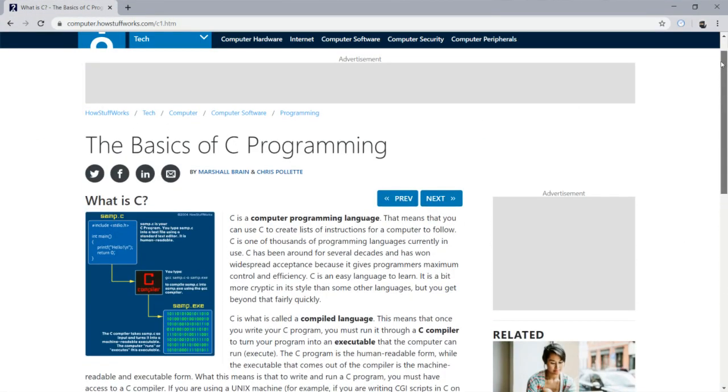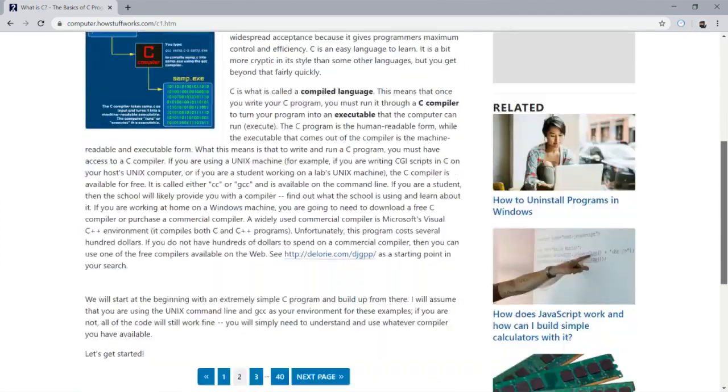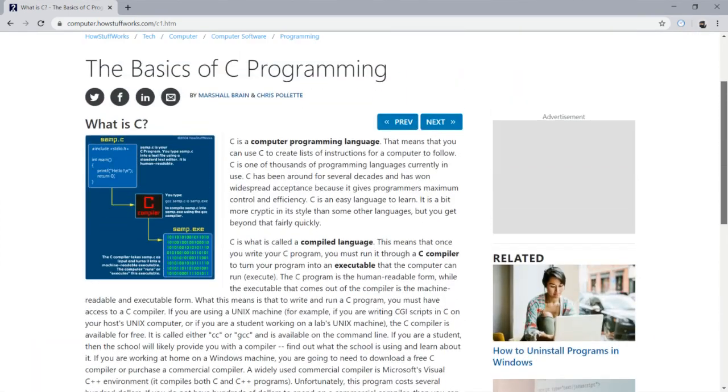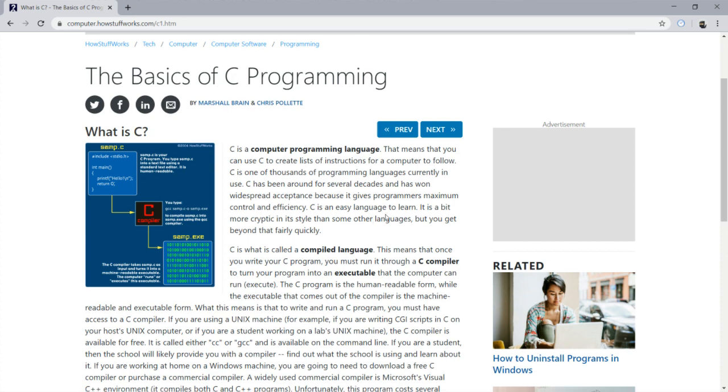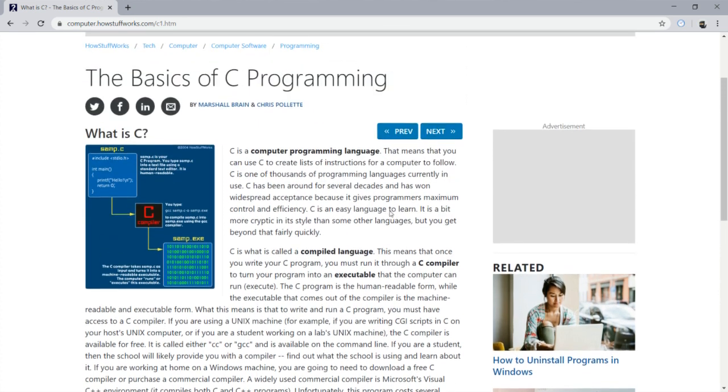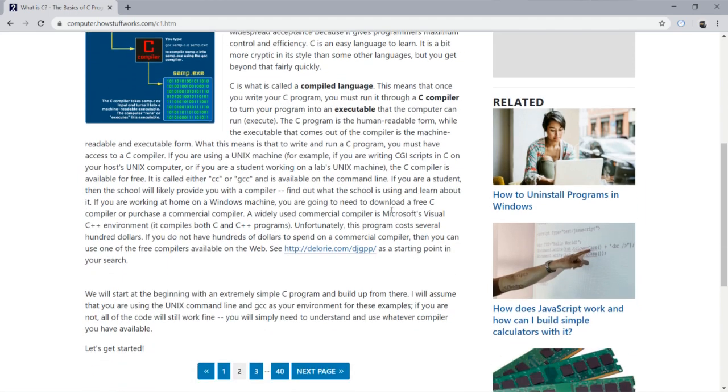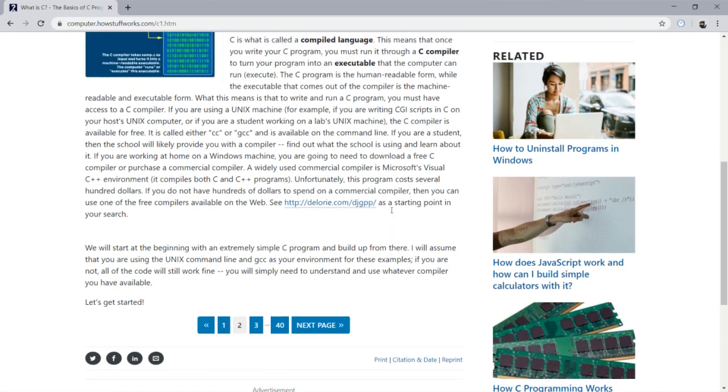It's on howstuffworks.com, and it's a 40-page article called The Basics of C Programming by Marshall Brain and Chris Paulette. And I think I'm going to go through this with you guys. It's a great introduction to C. It's a really good, relatively modern